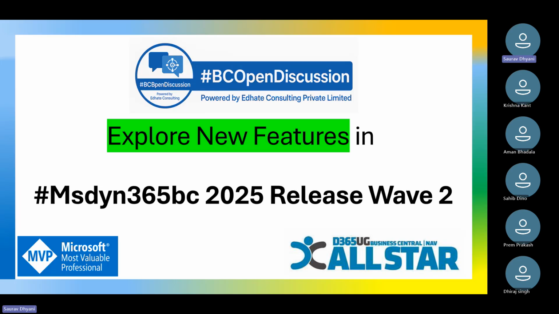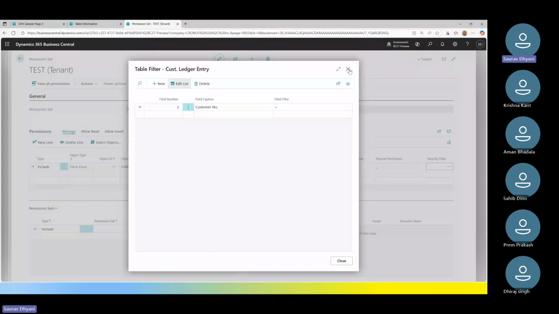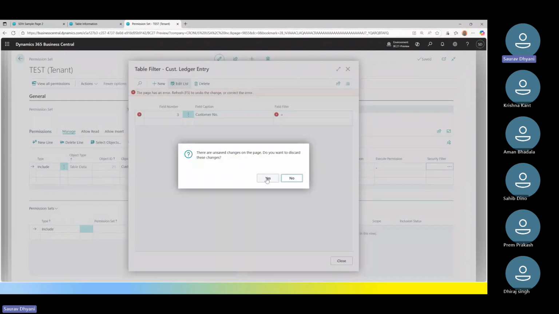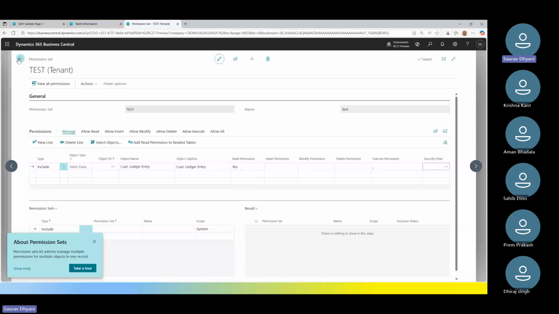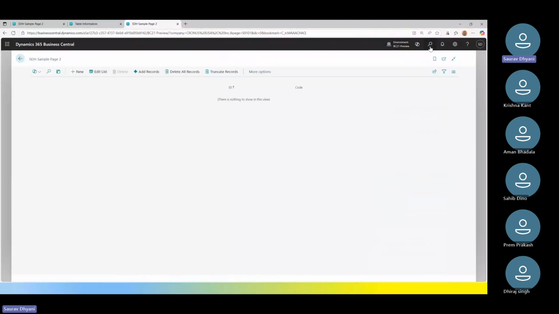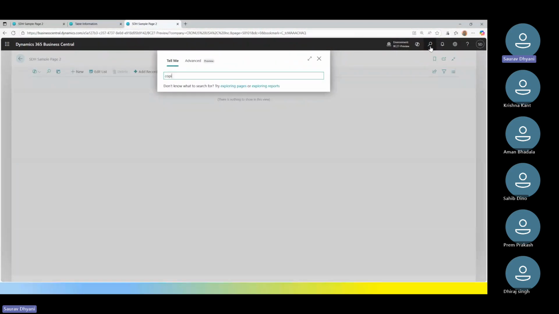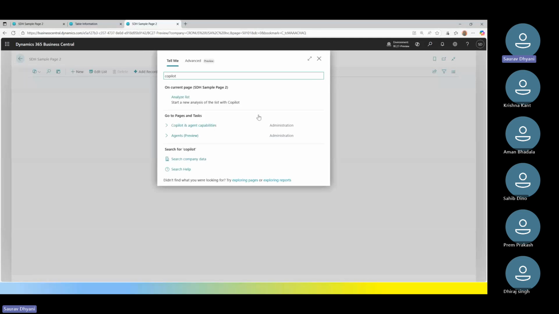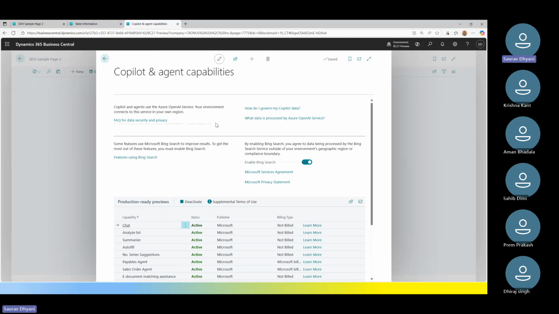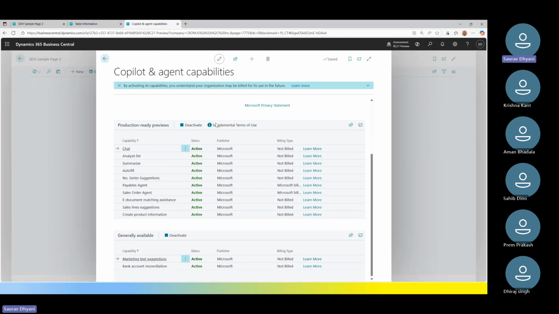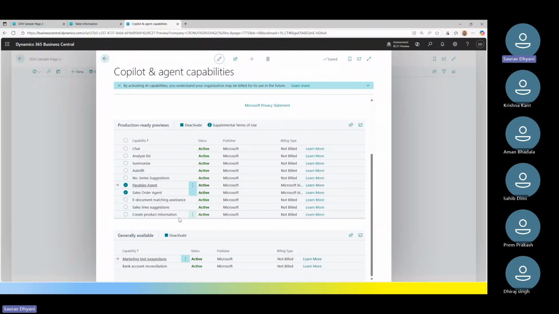Interestingly, I can be wrong most of the time. So what happens is, at this point, the only Copilot features which I know need a paid subscription are the agents. So if you are using the payable agent or the sales order agent, that's it. As of my understanding, as of today, if you are only using these two features,